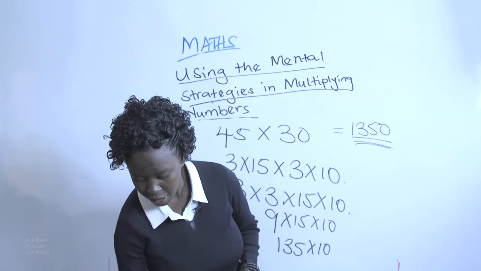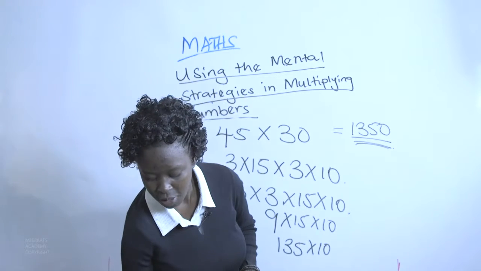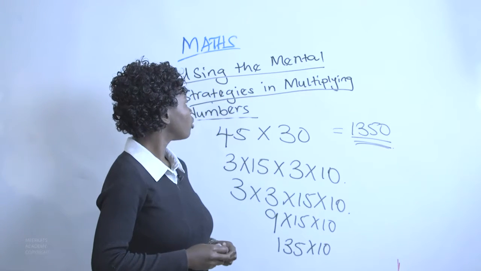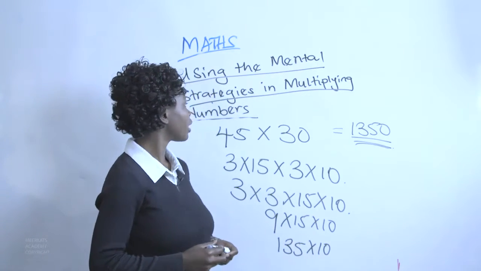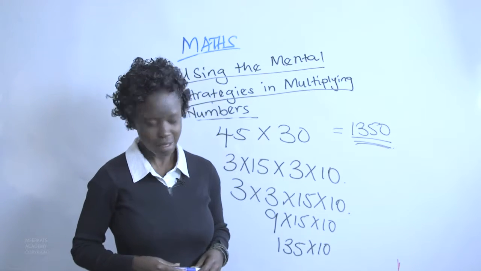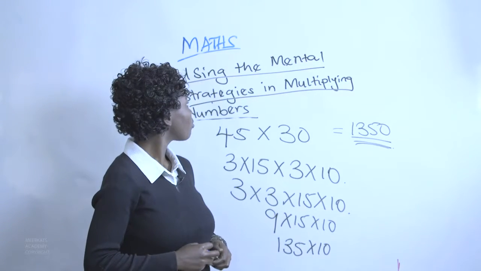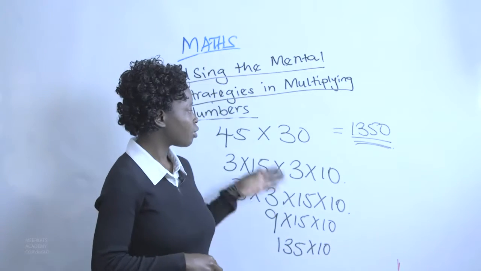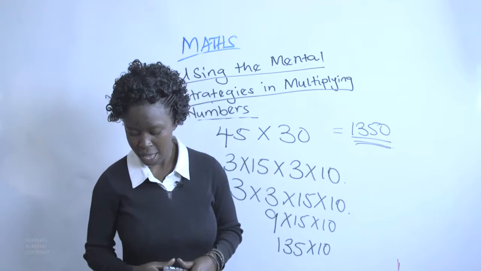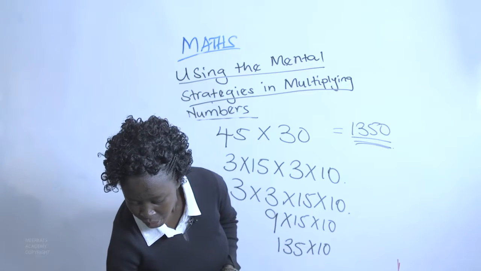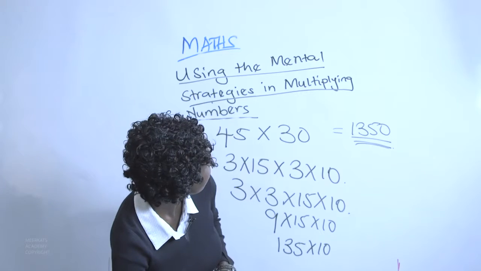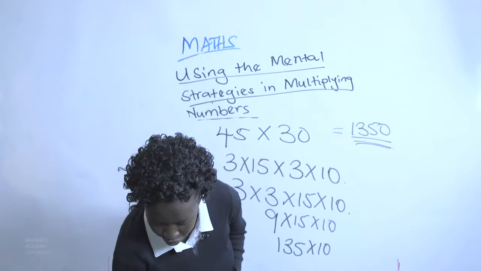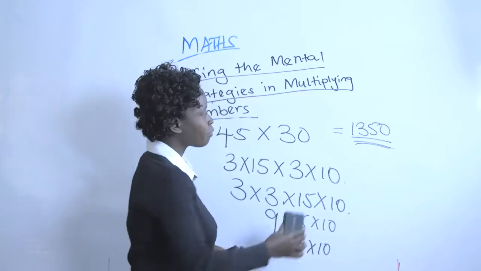So those are the various mental methods that are used in multiplication of small integers. So when you are multiplying mentally, those are the three methods that are associated with the multiplication of numbers. The other method that we have in multiplication of numbers